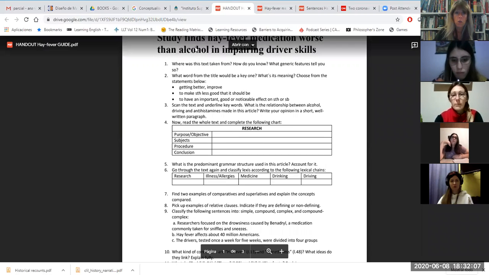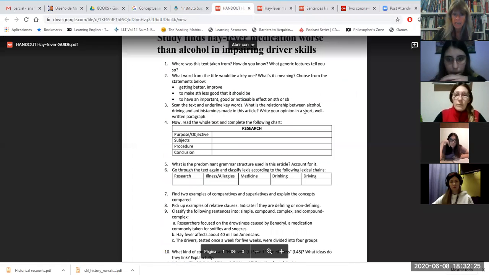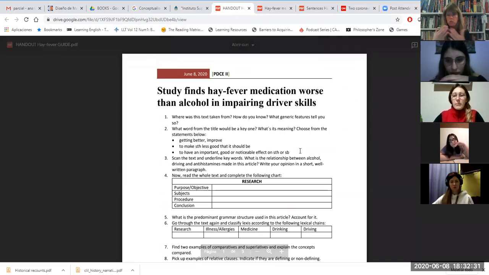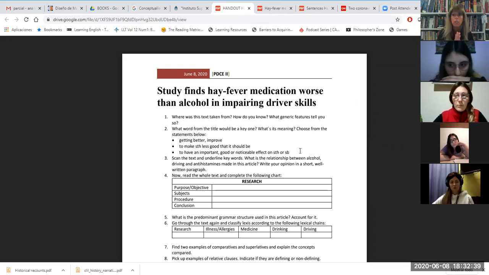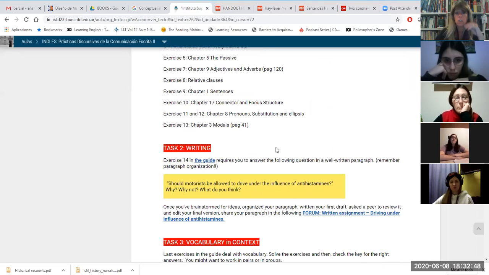So first of all, what you have to do here, right? The first task has to do with reading. And it says work in pairs. So try to work in pairs during the week. Use the appropriate reading strategies to solve the exercises in the guide. So this is the guide. You try to solve it in pairs. Remember that once we get together face to face, you have to have all the exercises in your folder, right? Either paper or in your computer, but you need to have all the exercises together, okay? The answers to all the exercises. So first task, you do the reading task. Then the second,